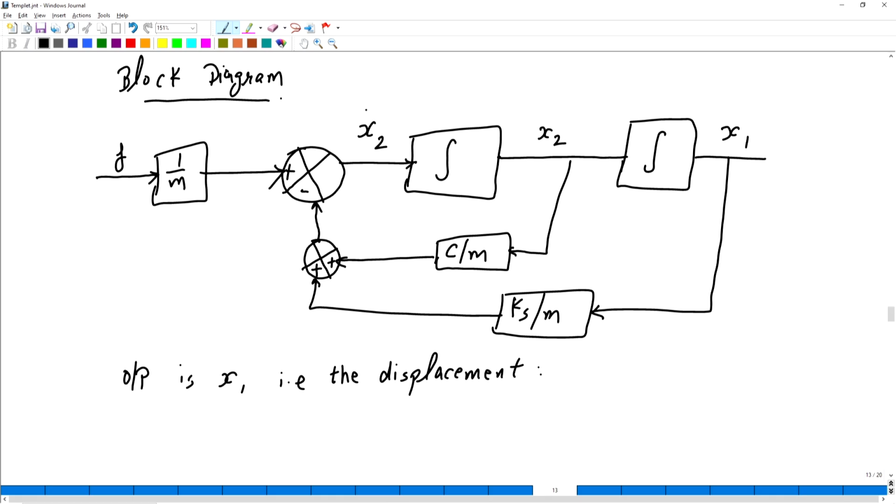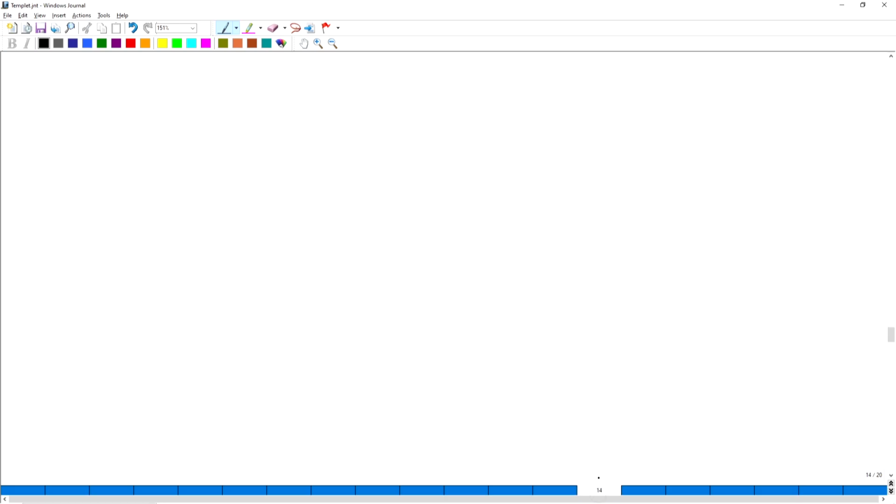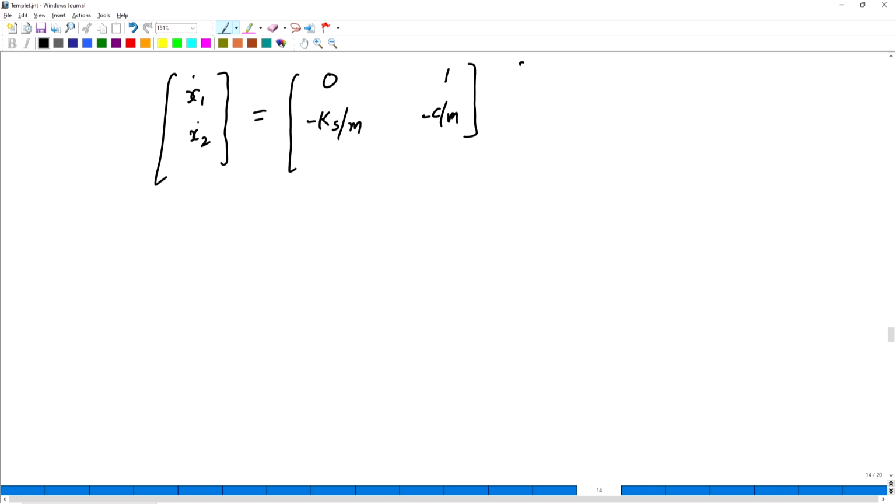We can write these two equations in matrix form, as X1 dot and X2 dot equals 0 1, minus Ks by M, minus C by M, into X1 X2, plus 0 1 by M into F.